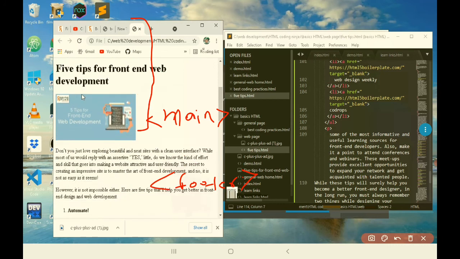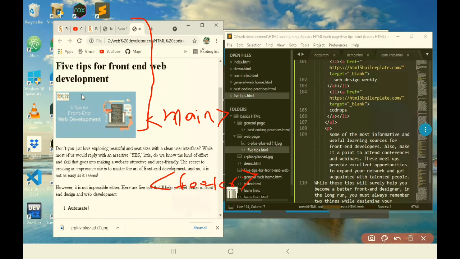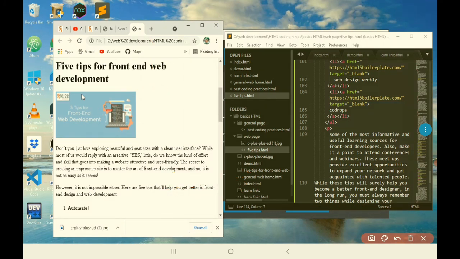This semantic tag does not have any functionality. These are only for giving a meaningful name, and in CSS we will apply style to the whole section.